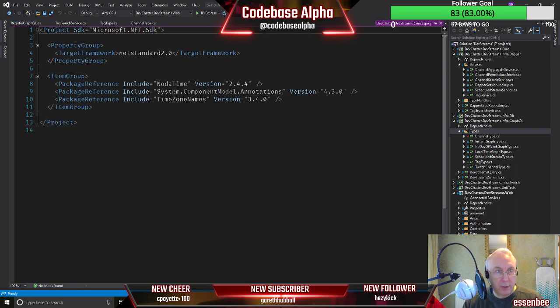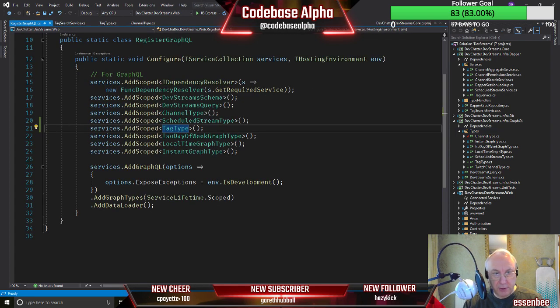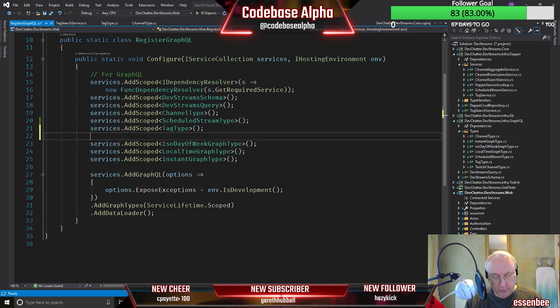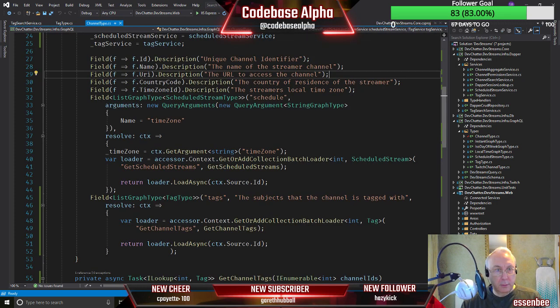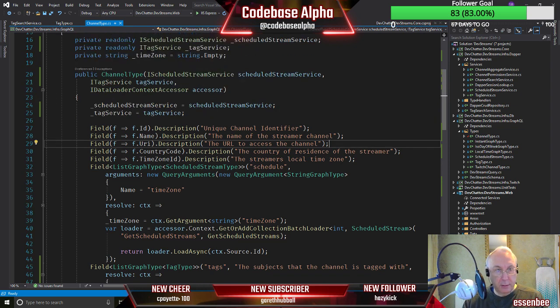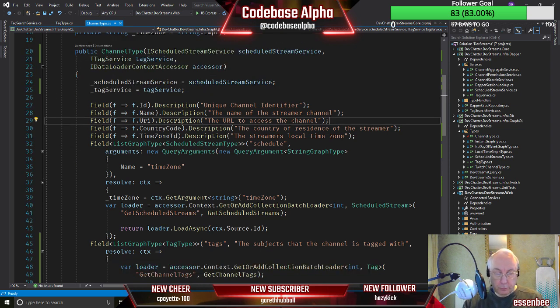Okay, and we might as well go over to our register GraphQL and register that while we're at it, because we forgot last time, or I forgot. So Twitch channel type. Over here on our list of fields, this time it's still a complex type, so it's not a simple type, not a scalar type, which GraphQL knows about.